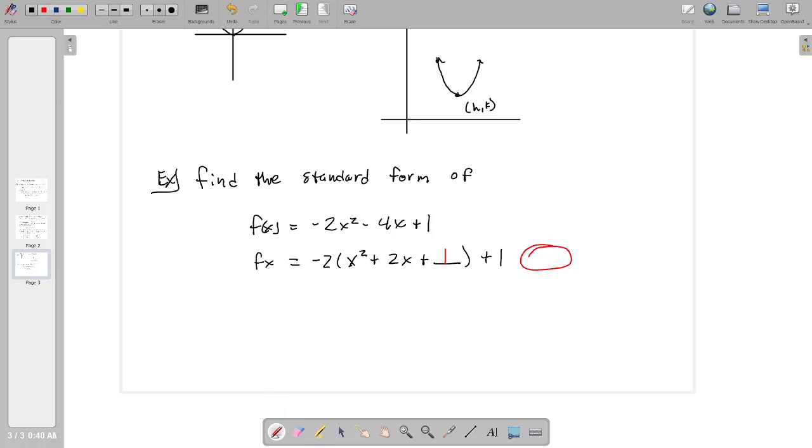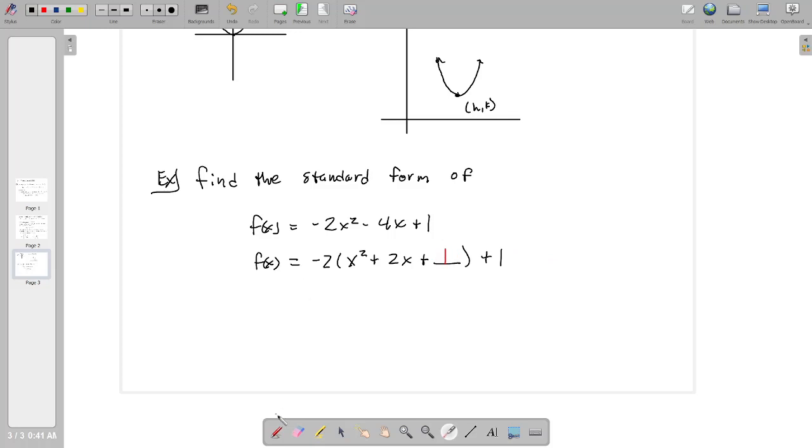Right now we have f of x is equal to -2x squared minus 4x plus 1, and if we add this 1, then we're changing the function. So in order to not do that, we need to offset this 1 somehow by adding something out here. So you have to be careful. We're not subtracting 1 out here because we added 1, but what did we really add to the right side